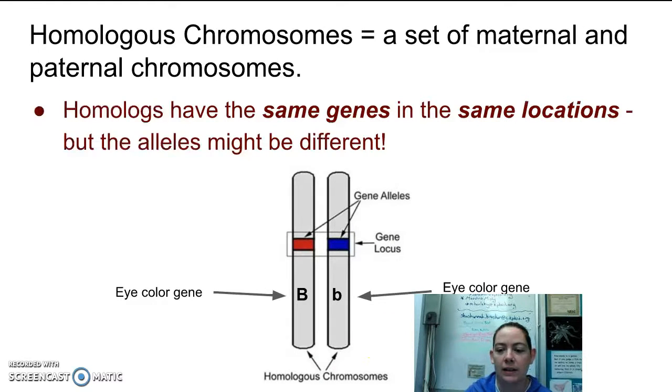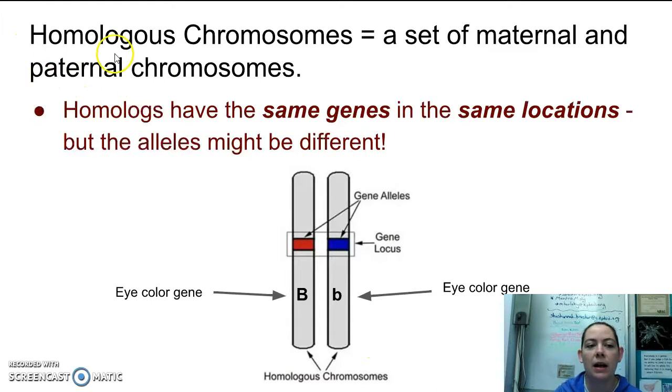All right. So fancy word up here, homologous. Homologous chromosomes mean that set of the maternal and the paternal chromosomes. So 2 chromosomes that are really the same chromosome type. You know, they have the same genes in all the same locations, but the alleles might be different. So they're not identical chromosomes because maybe this one has, well, let's say if this was the eye color gene, maybe this one has an allele for brown eyes